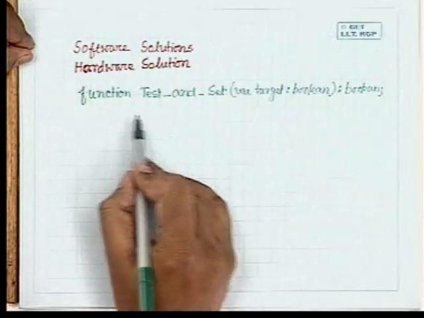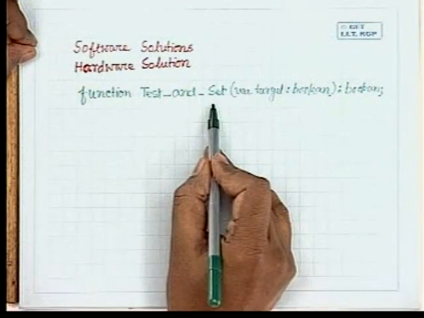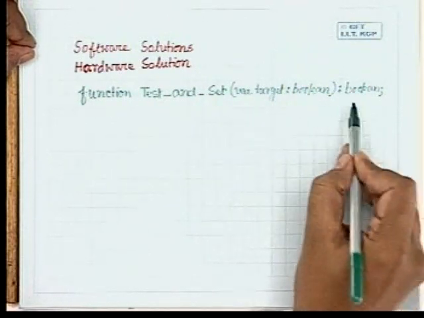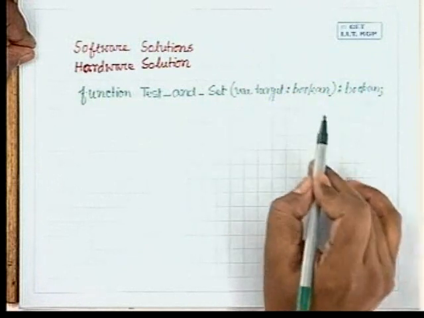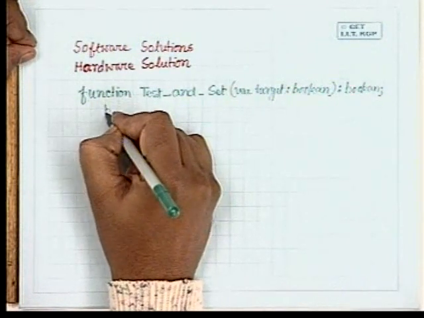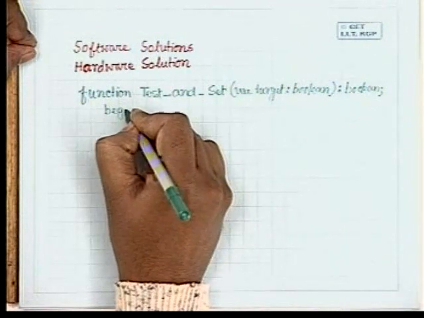So the function test and set uses a Boolean argument and returns a Boolean value. The function can be written like this: begin